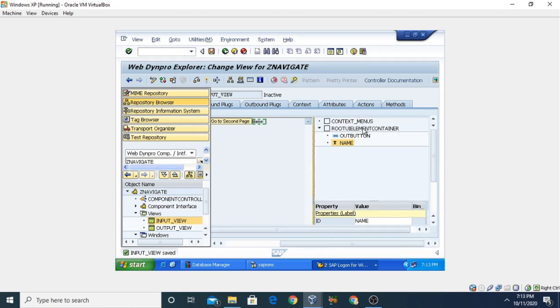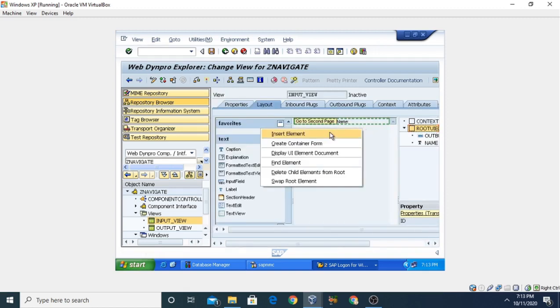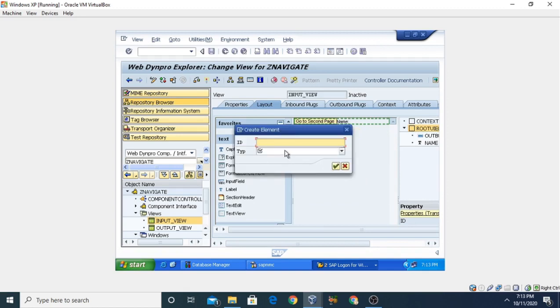Similarly, if you want to create the text box, just click on insert and select the input box you want to create.